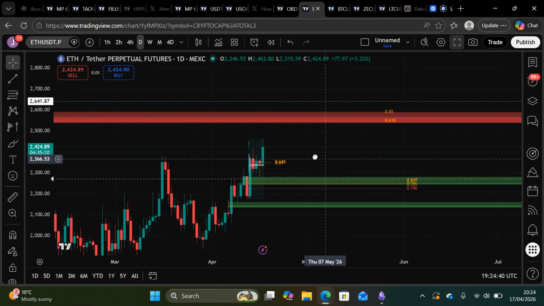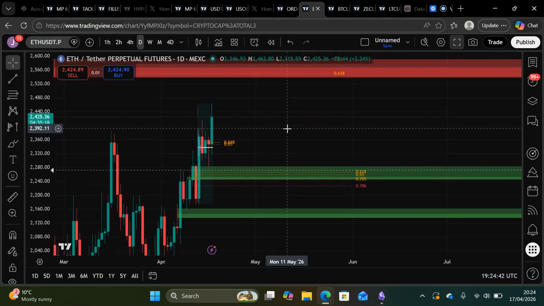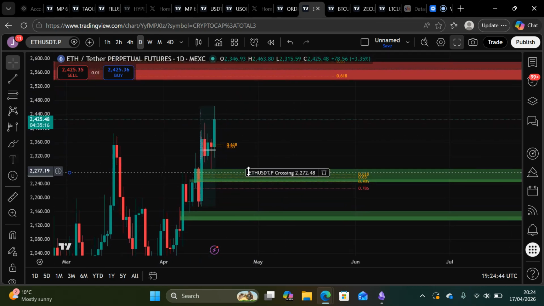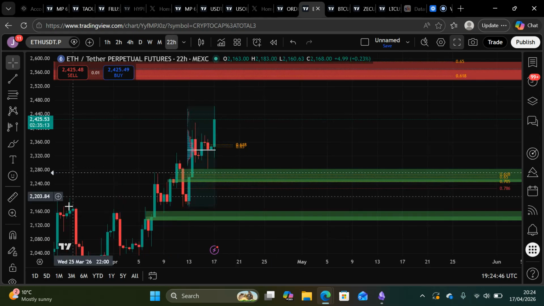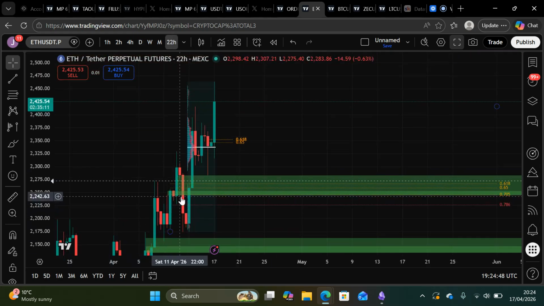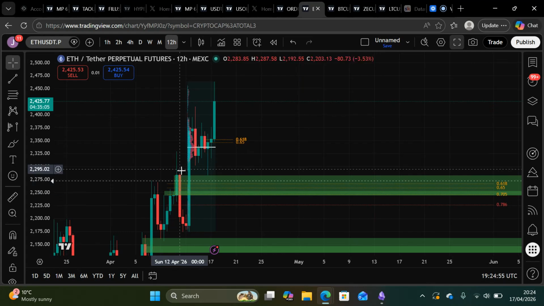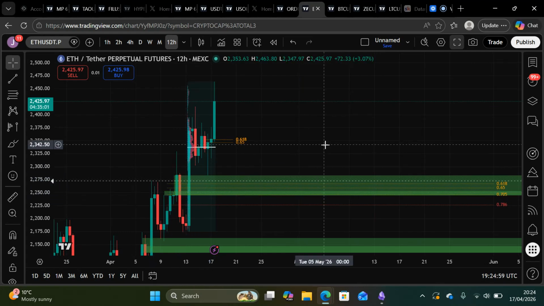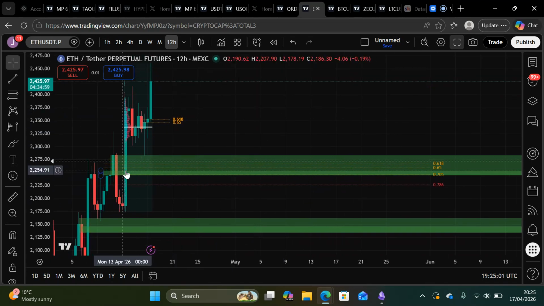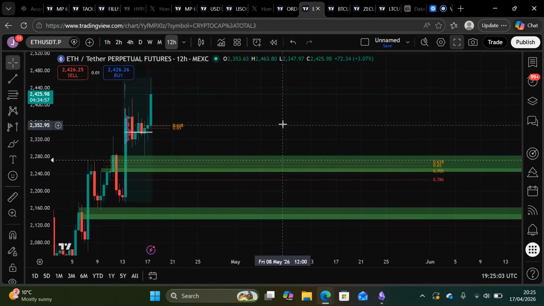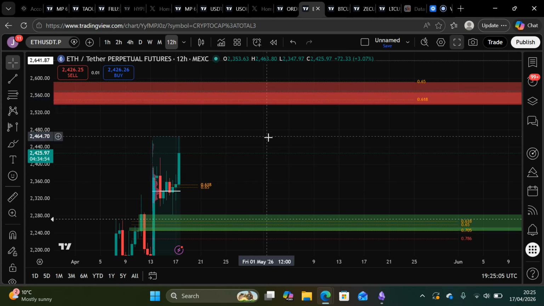If you have a look down here with Ethereum, for example, we have a bullish level down here, and you can see we have a 22-hour hidden order block behind two fair value gaps, if I'm not mistaken. We also have a huge 12-hour hidden order block just here. So we have medium time frame hidden liquidity, a medium time frame hidden order block, and a slightly high time frame hidden order block as well. Now we have our 3-day hidden order block level up here.